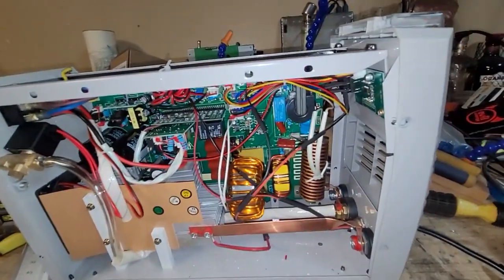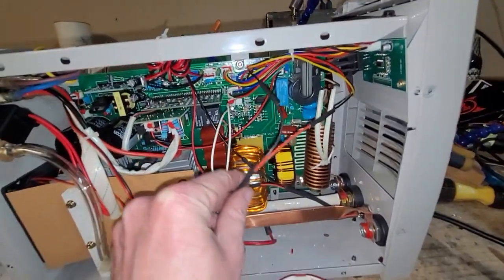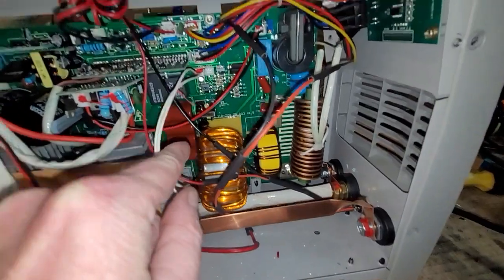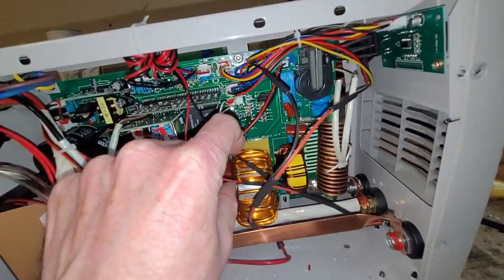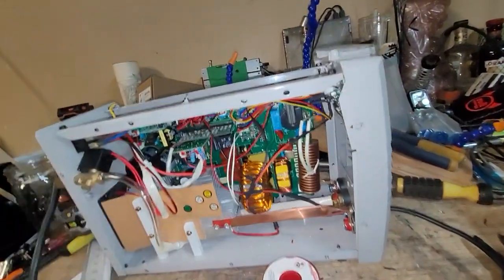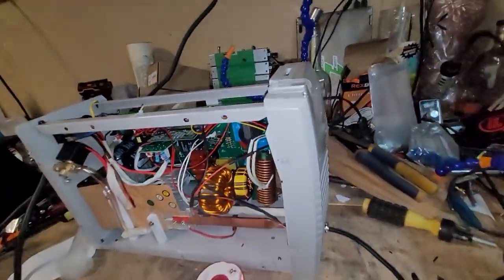All right, got it all soldered up. So this wire right here connects to the black wire, and it goes down to the connector down there. These wires right here go to the foot pedal, the limit switch. So let's plug it in and see what happens. Hopefully I didn't just brick my